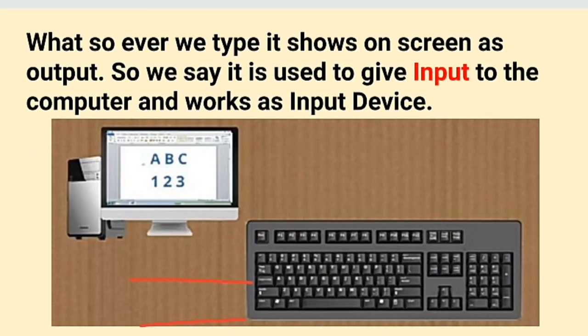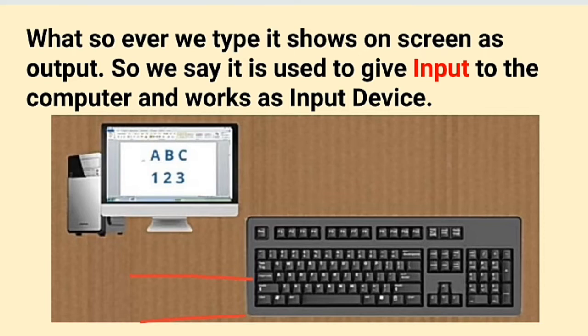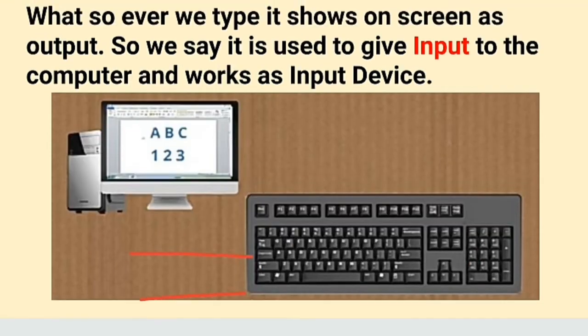Here you can see that whatsoever we type on the keyboard is shown as output on the monitor. So we can say whatsoever we type shows on the screen as output, and the keyboard is used to give input to the computer, so it works as an input device.